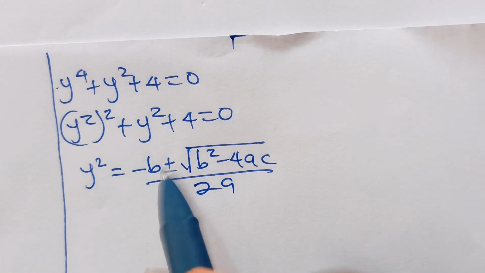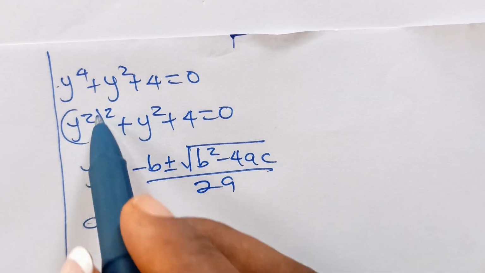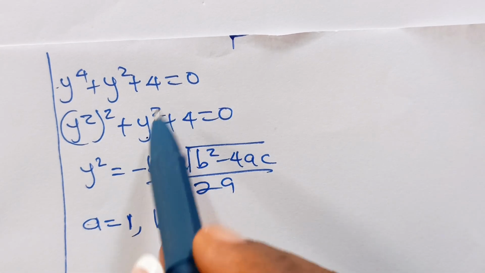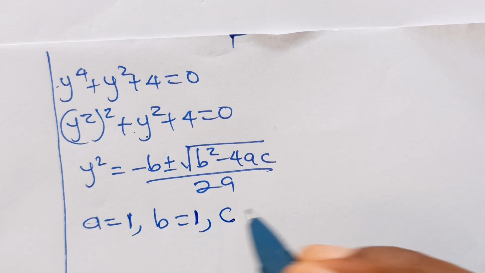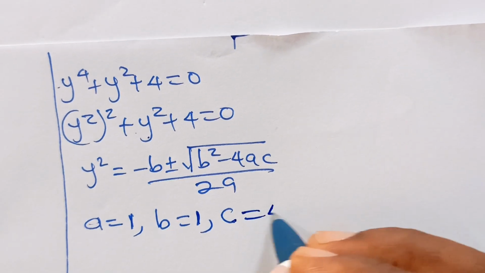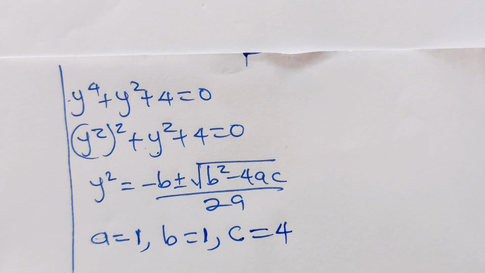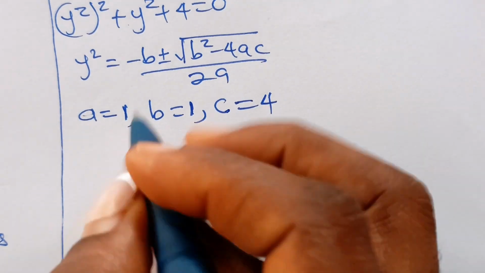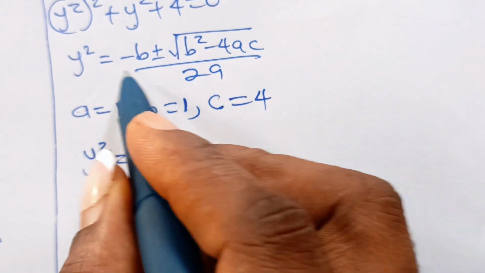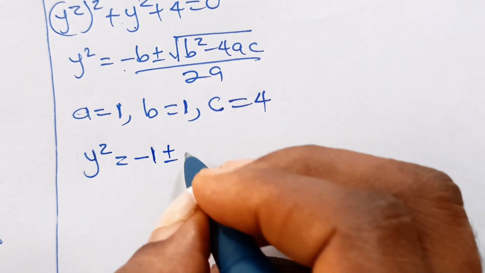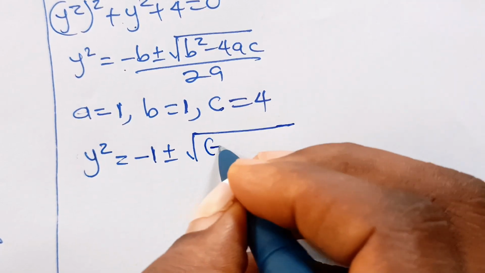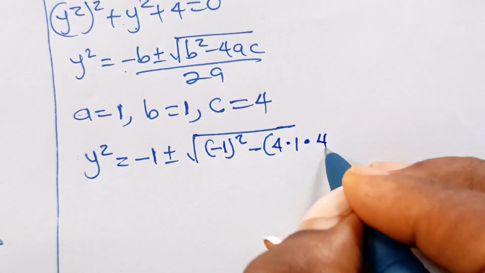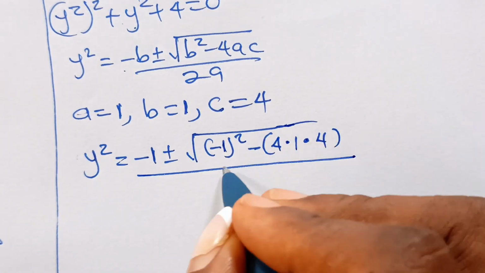Now if you look at this, our a is the coefficient of y squared, which is 1. Our b is the coefficient of y, which is 1 as well. And our c is our constant, which is equal to 4. Now, let us substitute these values into what we have here. So it means that y squared will be equal to minus b, that is minus 1, plus or minus square root of b squared, minus 1 squared, minus 4ac, 4 multiplied by 1 multiplied by 4,